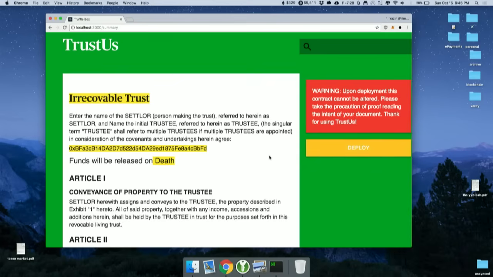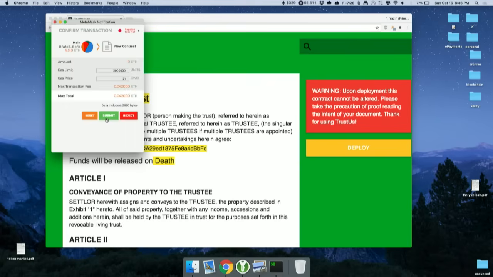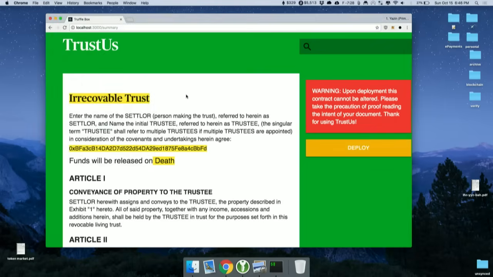So we took all of the options that you picked earlier, and we created a contract, the source code, and it's compiled within the browser. And once you hit deploy, we connect to your MetaMask wallet. And once you authorize the transaction, I don't know why it's taking so long. There it goes. Okay. All right, so you confirm the transaction to create a new contract. This is actually running on the Ropsten test network. And so yeah, the source code is getting compiled, and it would get automatically deployed for you